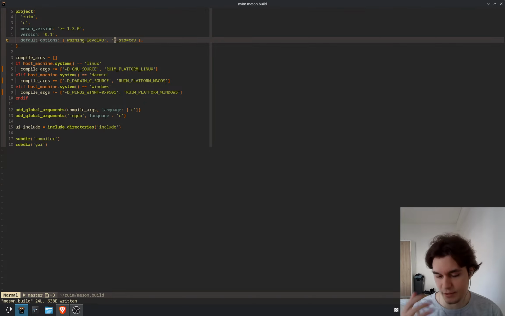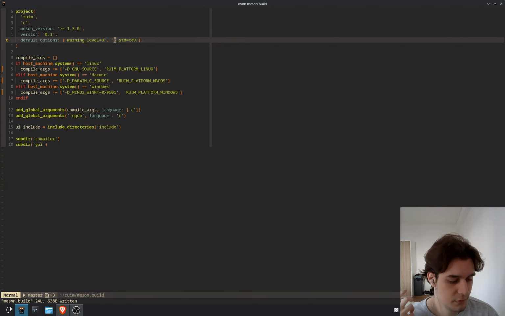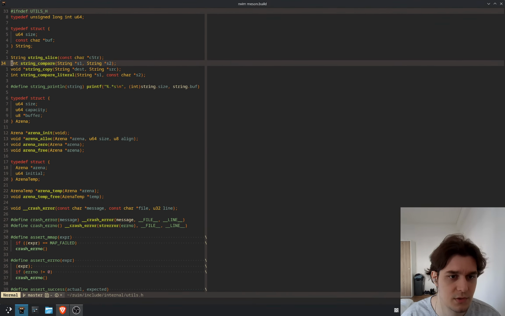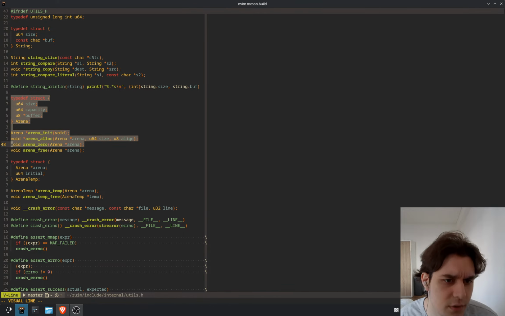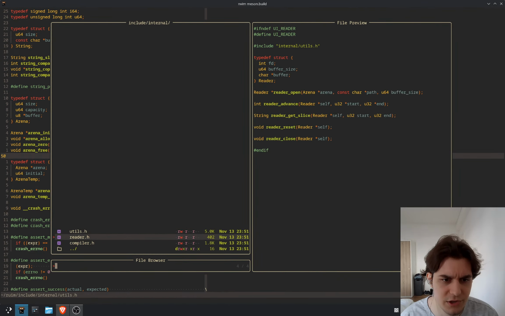For example, if I can enable some of the address sanitizer, although usually I'm writing my own custom allocators, like I have an arena allocator in Utils. So yeah, I do a lot of arena allocation on the compiler project, but